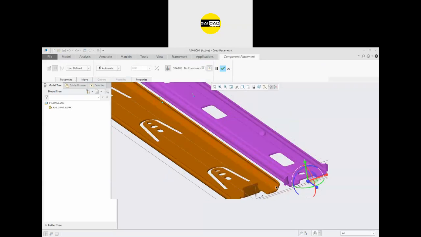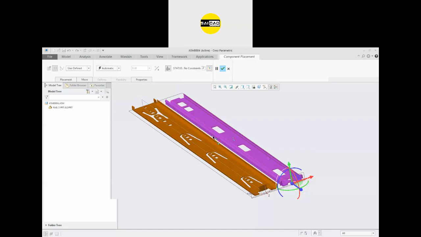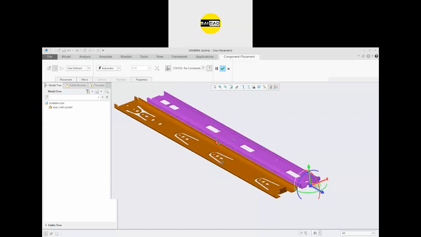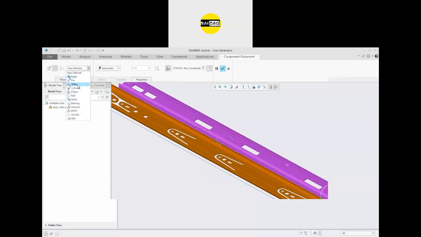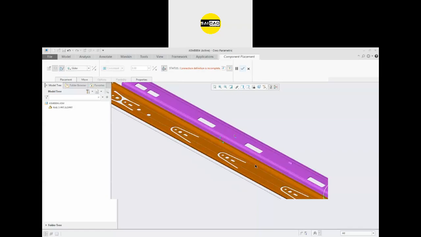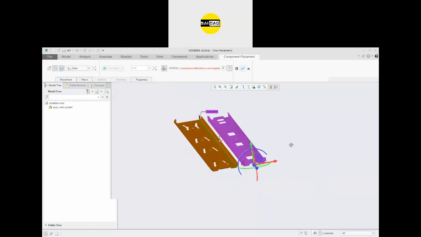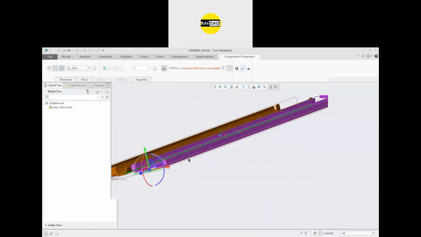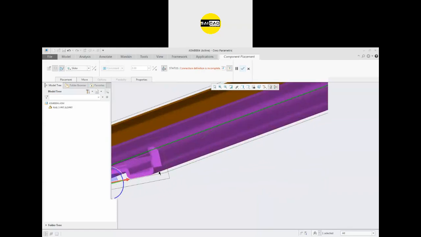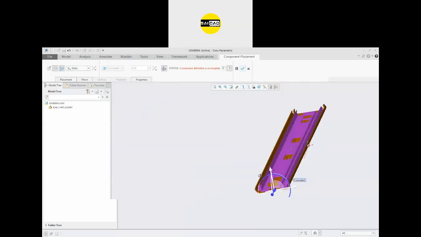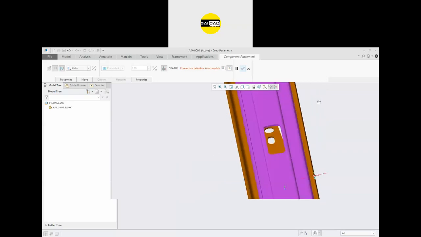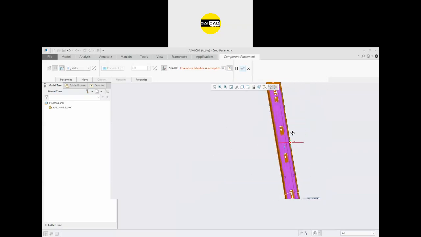So you have to specify the relation. Now I want the rail to slide here. For that, go to the slider. You have to select the axis for the slide like that. You can select an axis from here also, like that. Your component will slide on that part.